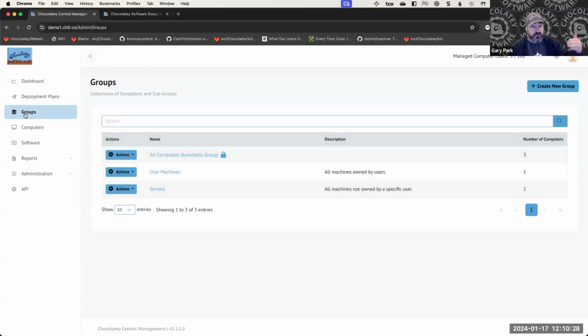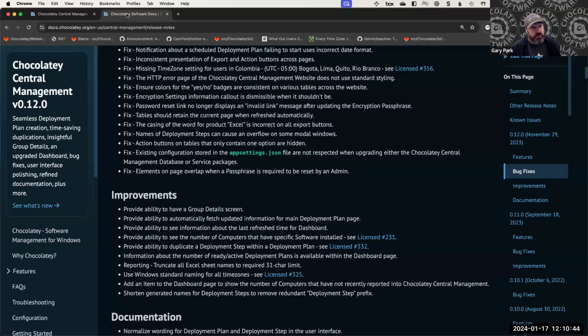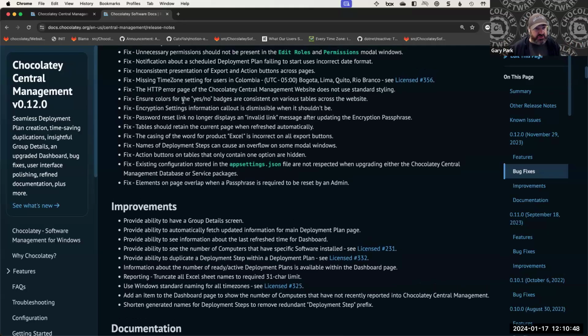You would add your computers to that group. Then you would go to a deployment plan. You would add the deployment plan to the step that you wanted it to execute on. And from there, you were able to push that deployment plan out to make it possible to run that deployment plan. So now that we've done that brief introduction, let's jump into